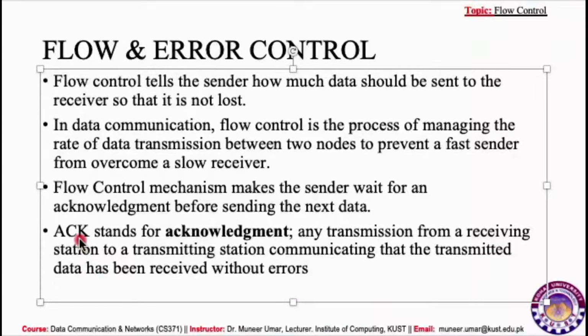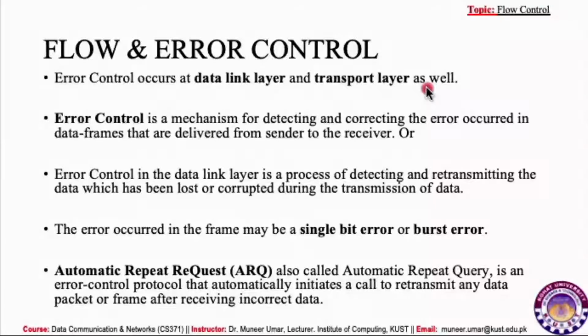So this ACK identifies that the transmitted data have been received by the receiver. So next is the error control. It occurs at the data link layer and also at the transport layer. We have studied error correction and detection at the data link layer and also at the transport layer in our previous lectures. So error control is the mechanism for detecting and correcting the error occurred in data frames